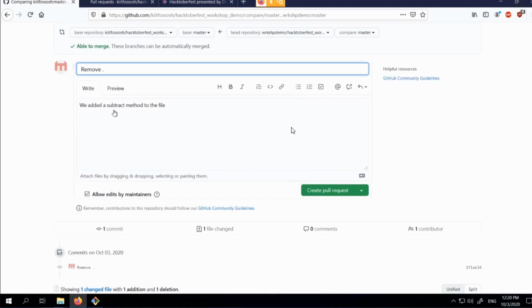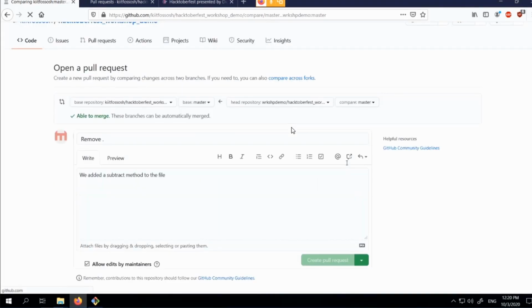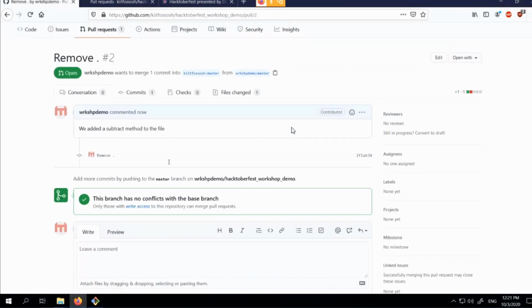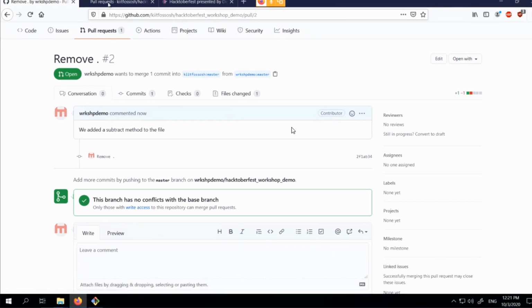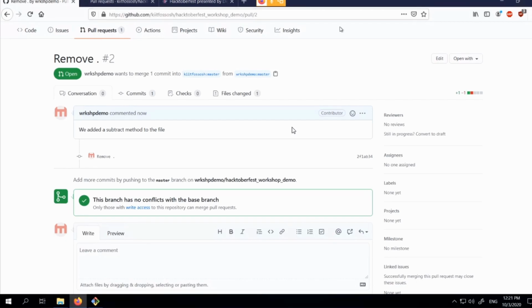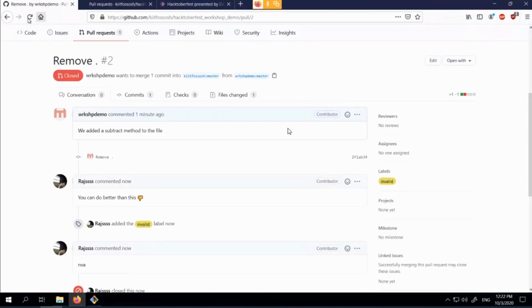So if I give a pull request, I will show how this adds no value and what happens when this is marked as spam, how a spam pull request looks like.